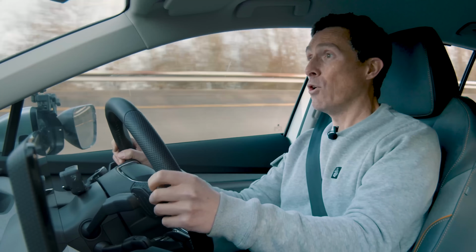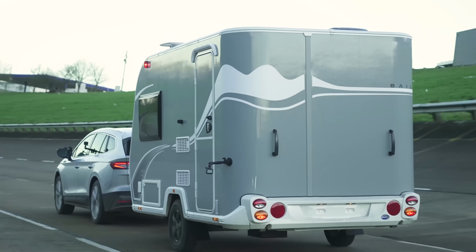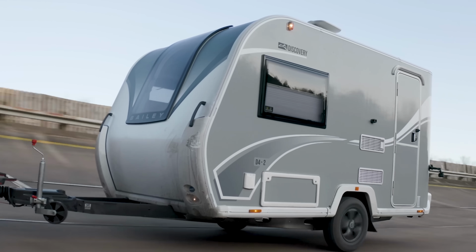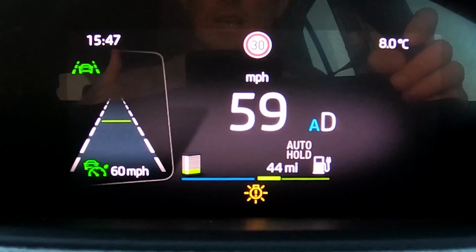Never towed a Caravan before. I may damage it. Well, not doing this, when I launch it in a bit. It definitely feels more laboured, this car does. Obviously, you've got the weight of the Caravan that you're having to pull, and you've also got the added drag of it as well. Now, I've got to drive at 60 miles an hour, not 70, like I've been doing